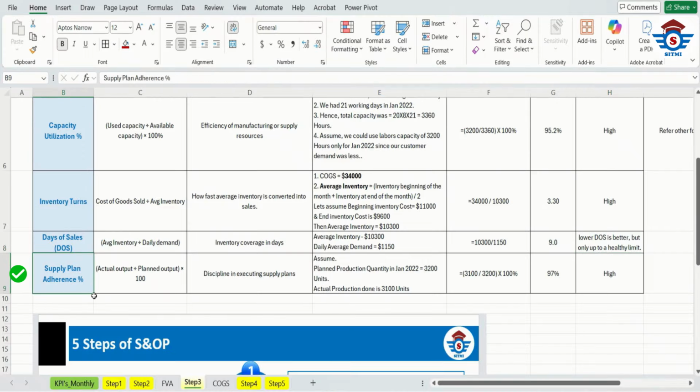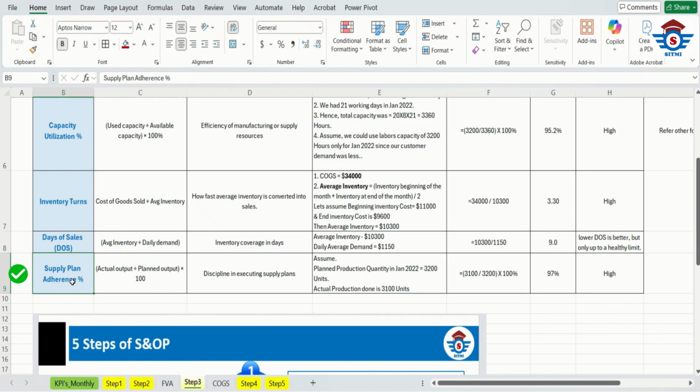The last key performance indicator is supply plan adherence percentage. Since we are always striving our best to meet our demand numbers, and the supply team plays a major role in meeting the supply, in the supply planning step, that is our step 3, one supply plan number is defined to meet. This number is simply how much production we should be making to meet our demands. For example, if we are forecasting that 1,000 will be the quantity produced to meet our demand, but in actuality we could not produce 1,000, and let's say we are only able to produce 900, that is a gap,